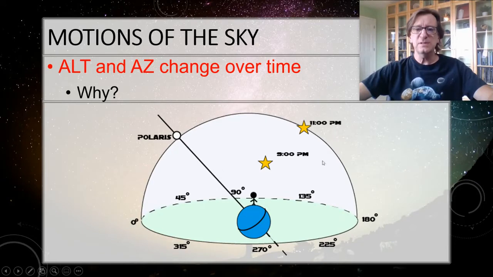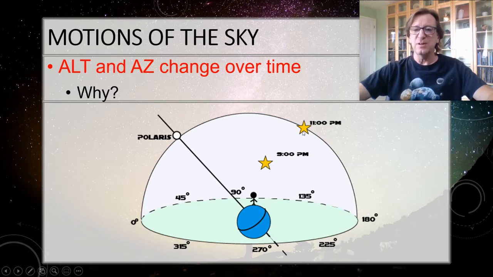Okay, so this is the same diagram that we had when we were talking about positions last time. You see that we're pointing towards Polaris here, so we're looking at the side of his head right here. And then we had this star that rises in the east, starts over here, and then reaches a maximum in the south, and then it'll start to come back down and it'll set in the west. So try to visualize that as one star moving through here. And so at 9 o'clock, we decided that its altitude might be maybe 30 degrees or so, and its azimuth might be about 105, 110, somewhere in there.